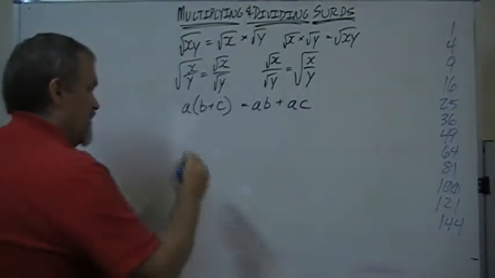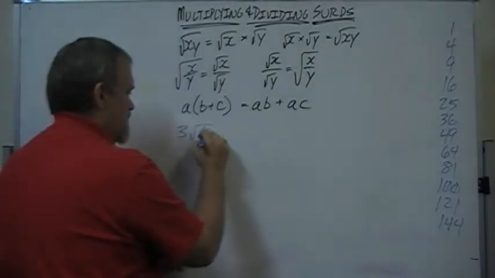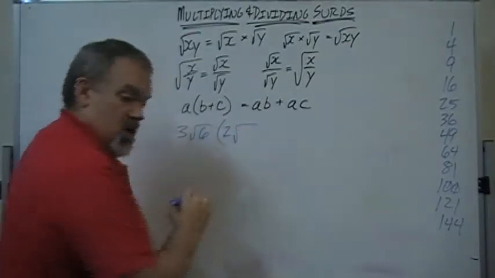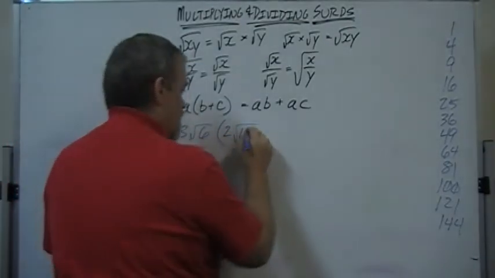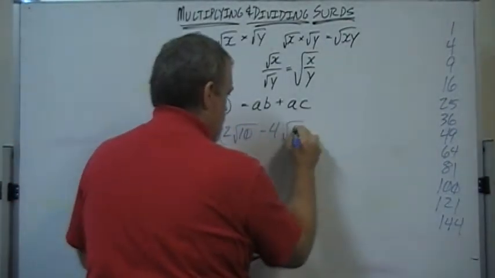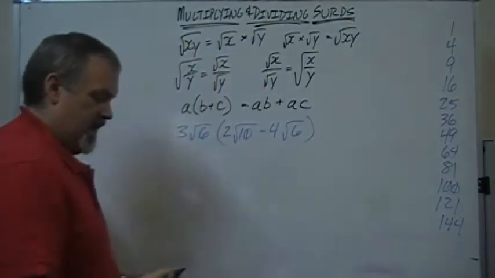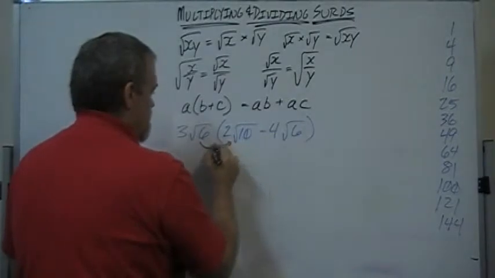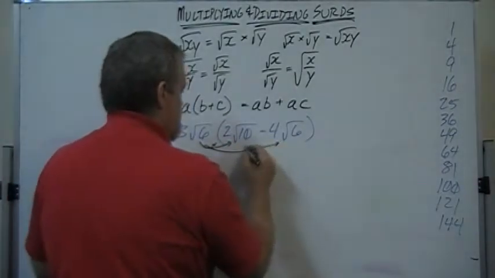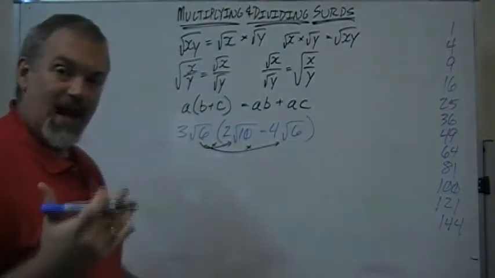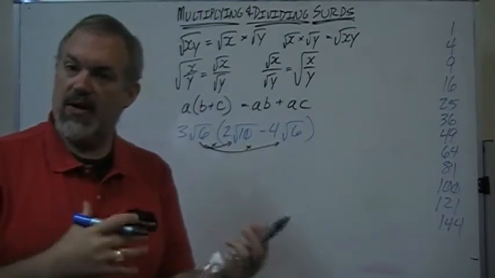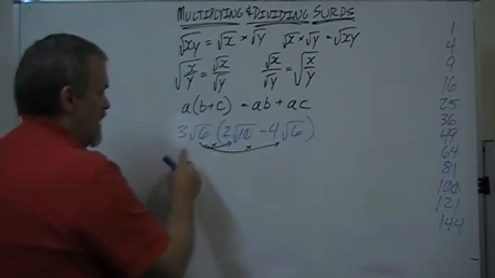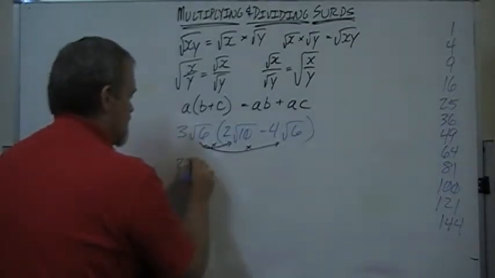Let's try this example. 3 root 6 bracket 2 root 10 minus 4 root 6. Again, as we distribute, we multiply this part times this part. We multiply this part times this part. And I'll write down this step. Once you get familiar with these, you don't necessarily have to write this step down, but it may be helpful to your thinking. So we have 3 root 6